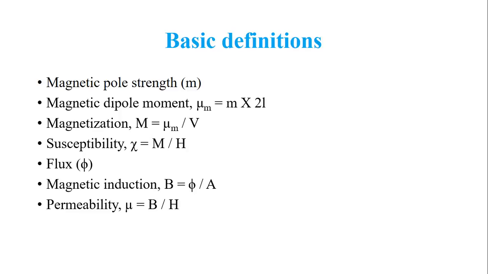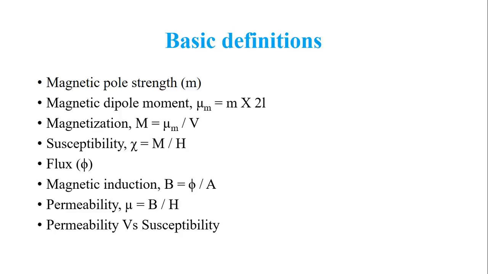If the permeability is minimum, then minimum number of lines of force will be penetrating the specimen. Now, what exactly is the difference between the permeability and susceptibility? Permeability is the ability of the material to permit the lines of force to pass through that specimen. Whereas susceptibility is to what extent these lines of force that have penetrated the specimen can magnetize the specimen. They can induce magnetic dipole moment into the specimen. So that is given by susceptibility.